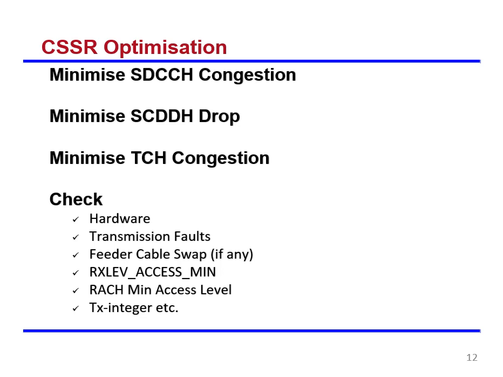How to optimize it? Just now you have seen the last slide. We have to reduce the congestion of SDCCH. Drop rate should be reduced, TCH congestion should be reduced. For this we have already seen the various reasons, various trials you have to adopt to reduce the SDCCH congestion and TCH congestion. The same thing has to be implemented here.